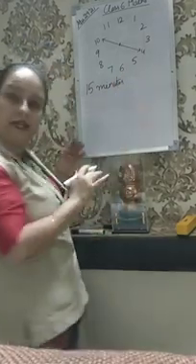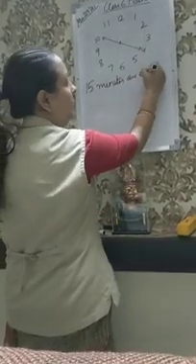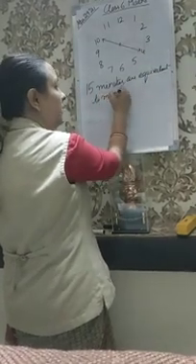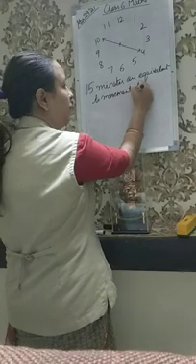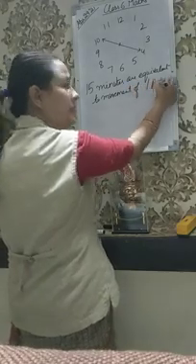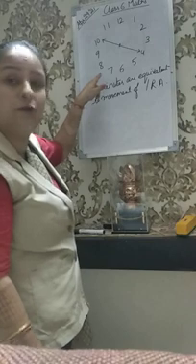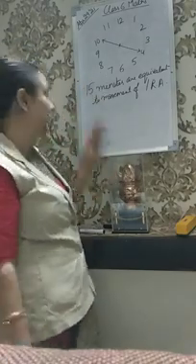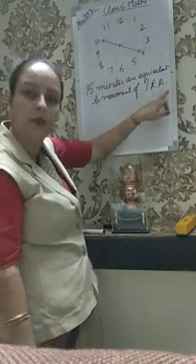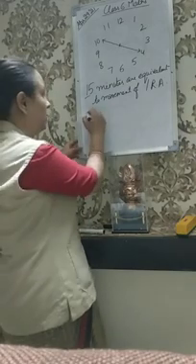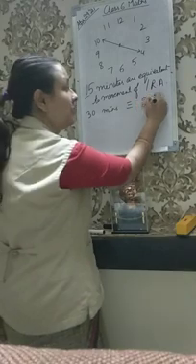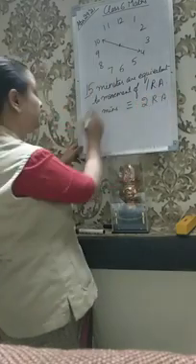So 15 minutes are equivalent to movement of one right angle. Isn't it? When it moved 15 minutes, it moved one right angle, so from this I can generalize that if 15 minutes is equivalent to one right angle, then double of 15, 30 minutes, will be equivalent to two right angles.